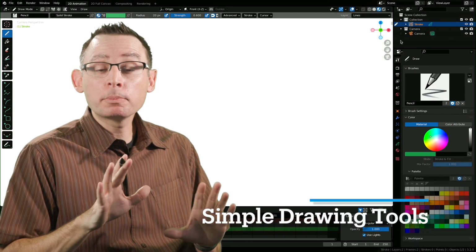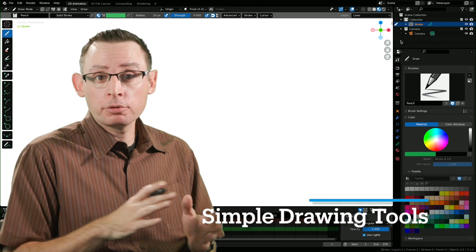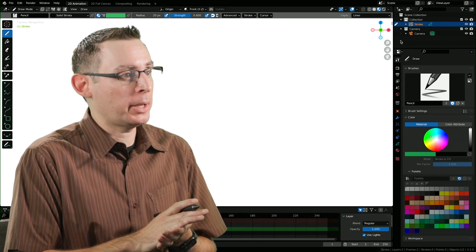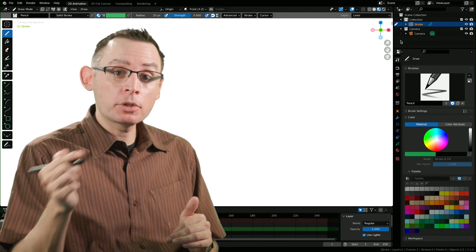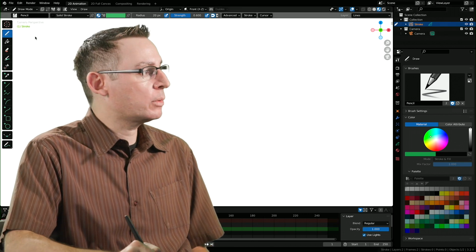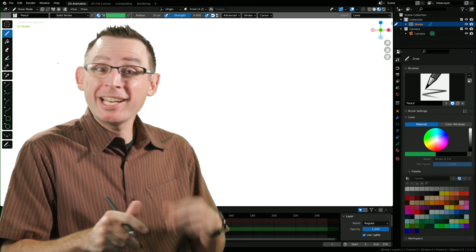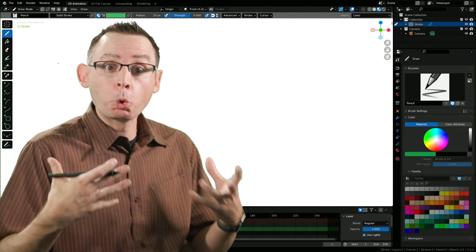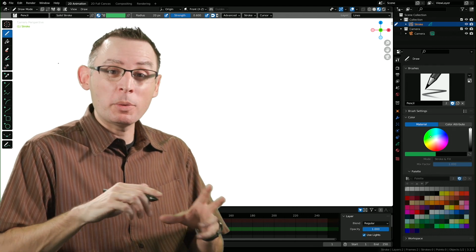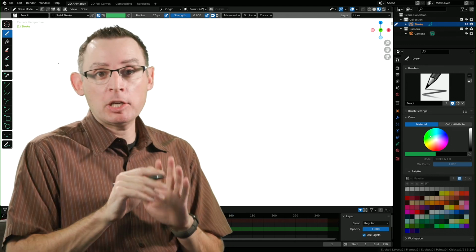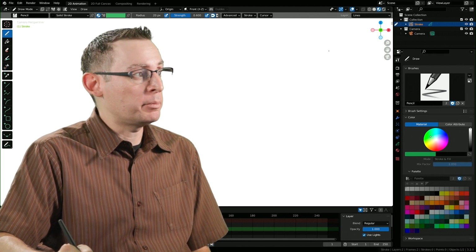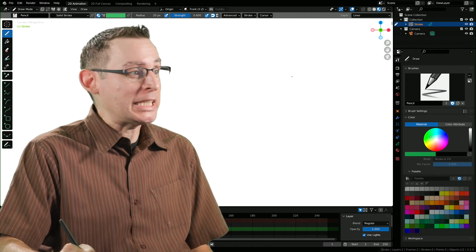Let's take a moment and explore the details of the simple drawing tools that we have access to here inside of Blender. You can find all of our drawing tools on the toolbar on the left-hand side of the interface. And we're going to start with the first one, the pencil tool. In every sense, this is going to be kind of like our workhorse tool. This is going to be the tool that we use to create most all of our animations and our artworks here inside of Blender. And as one might imagine, it's a pretty easy tool to use.